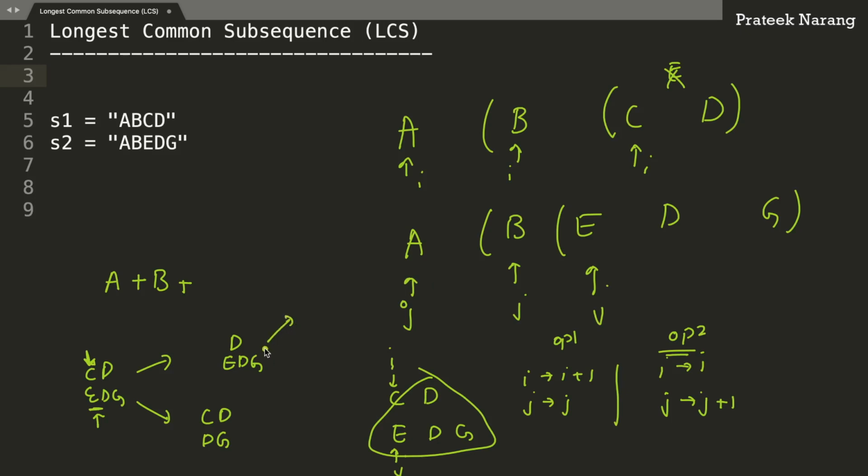So from this point, if you make a call, one time you will ignore D, so you end up with a null string and you will get EDG here. And another time, you will say, okay, let's ignore E and let's make a call on this part. Okay, so you will have D and DG, right? So from D and DG, you will have I here, you will have J here, and you will say, okay, add D to my answer and make a call on the remaining string. So in the remaining sub problem, you will have G followed with null.